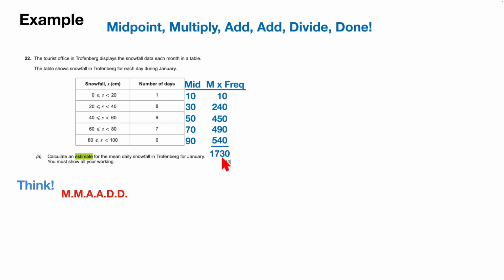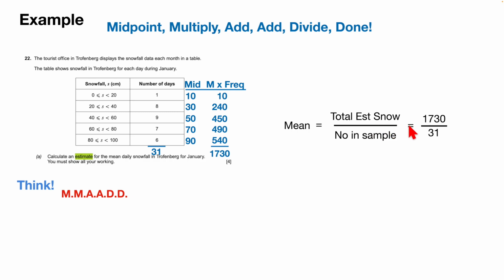1,730. And then we add these, the number of days, the number in the sample, 31. Bit of a relief. So now the mean is equal to the total estimated snow in centimetres, divided by the number in the sample, which we know is 31 days, January, etc. So that is equal to 1,730 divided by 31, which is, as you probably know, equal